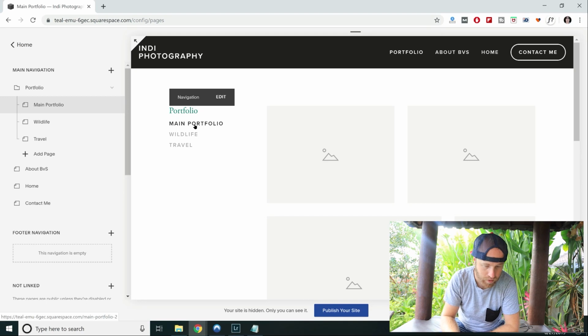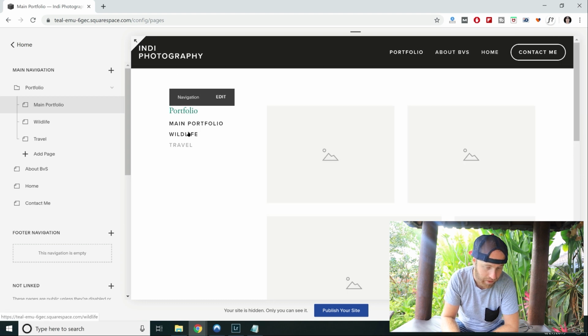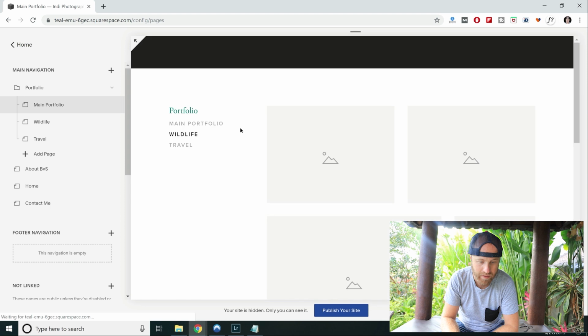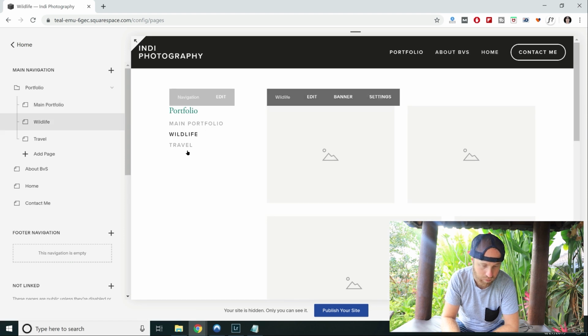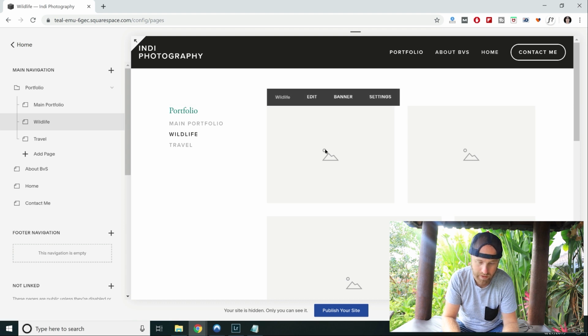So if we go back to the computer, you see now here on the portfolio page, it shows main portfolio, which will all show up here next to your images. You've got wildlife. If you click on that, it'll show you your wildlife portfolio and travel. So if we wanted to now add images to our portfolio, it's really, really easy. We just go over here, we hit edit,